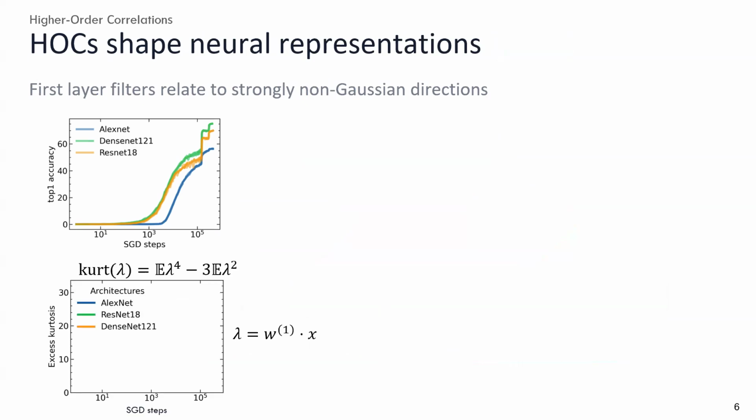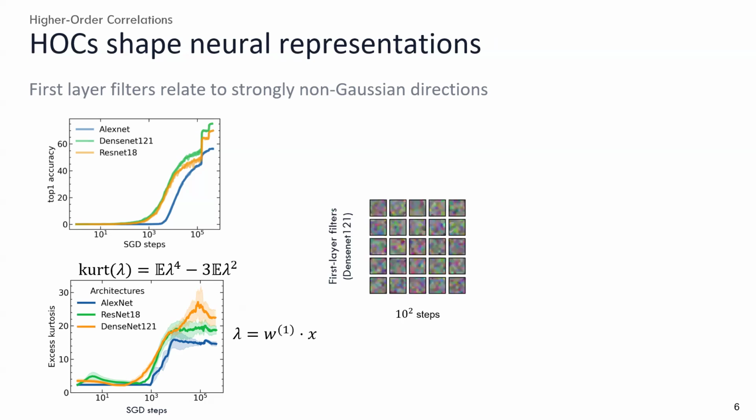Here instead, we measure the non-Gaussianity of the post-activation, which means that you take your network, you take the first layer, you dot it with the input, and you measure the kurtosis of this lambda. So this is the fourth order cumulant of the post-activation. And you see, it starts to go up as soon as you learn. So basically, it's not even clear if you learn because this is going up, or okay, it's clear that they are very related phenomena. And you can also see it from the filters that you learn.